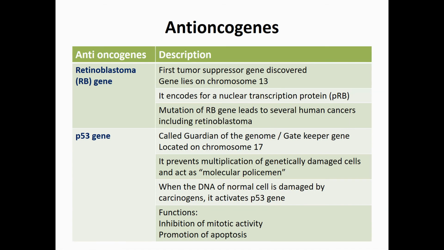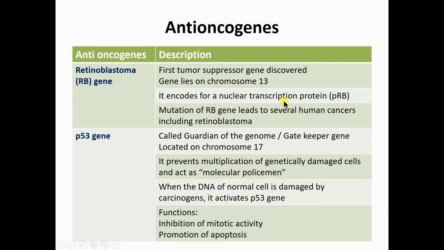These are the two main oncogenes that we have commonly discussed along with these types of genes in the cell cycle, as they are the regulatory genes of the cell cycle. That is the retinoblastoma gene and the p53 gene. As we have already discussed under the cell cycle, it is very easy to understand what the retinoblastoma gene is. This type of gene is a tumor suppressor gene. It was the first tumor suppressor gene discovered, and it normally lies on chromosome number 13.